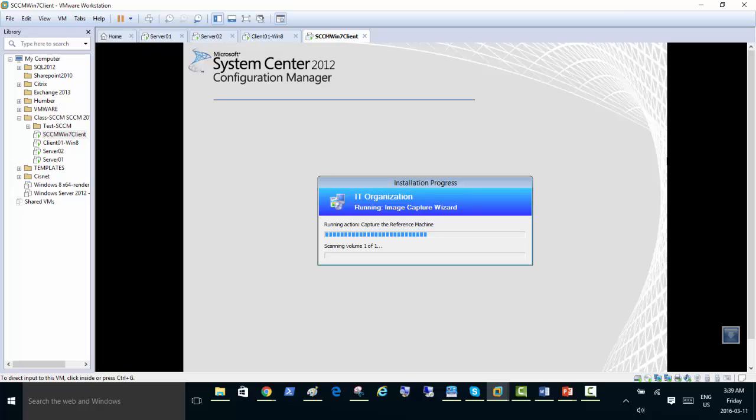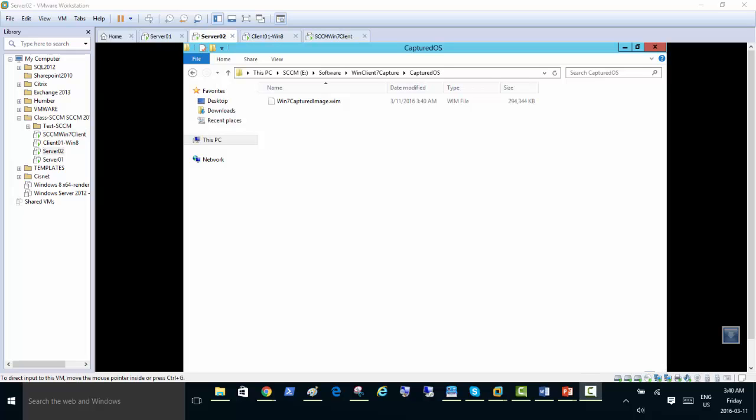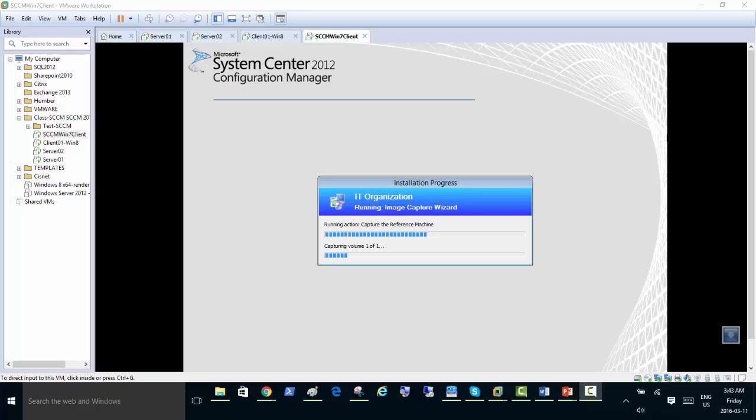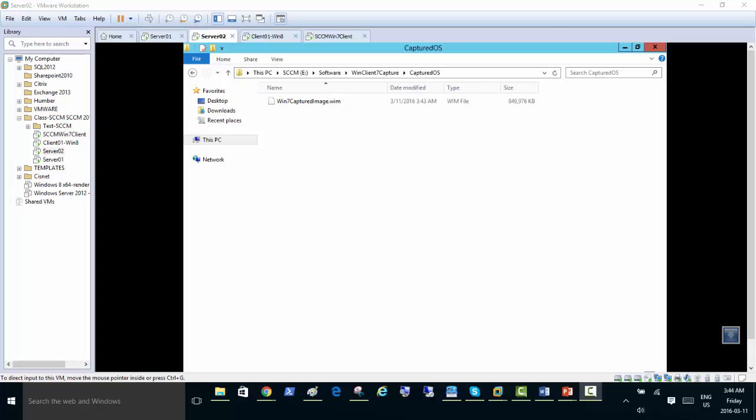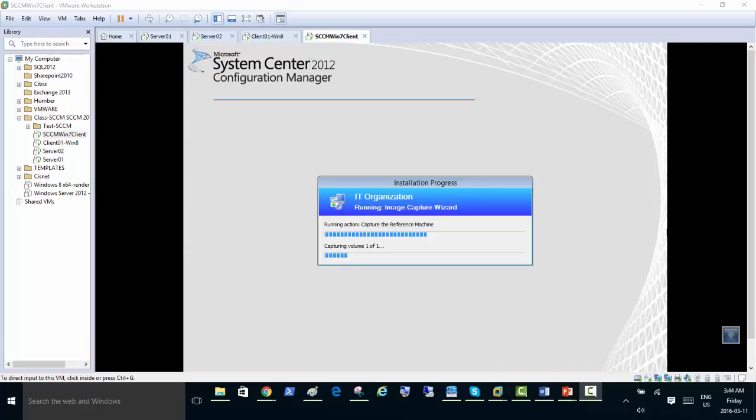You can see that it's 294 megabytes uploaded to server 2, and you can see the number is changing now, 428 megabytes. Okay, so the image uploaded, and